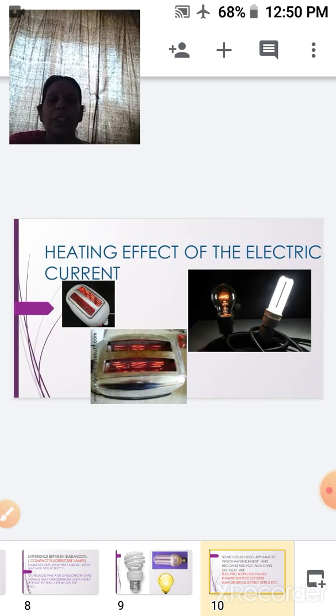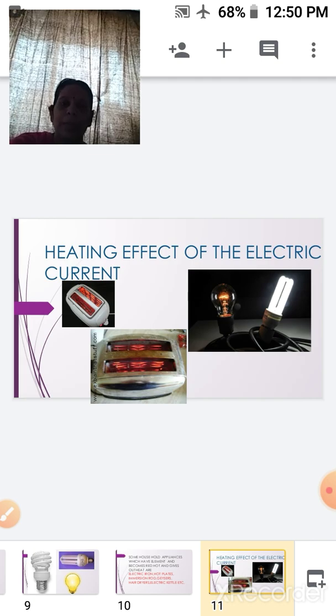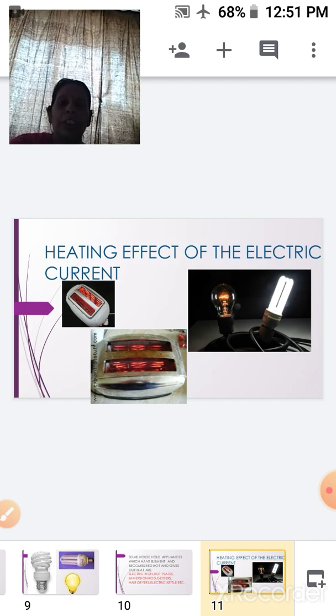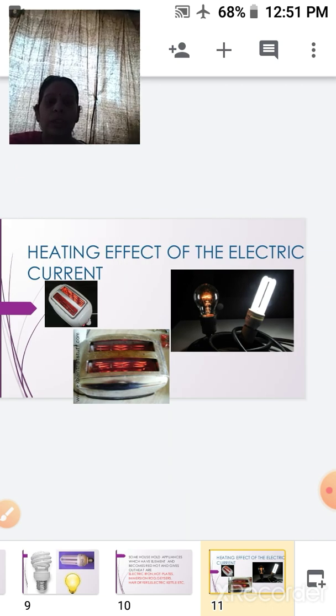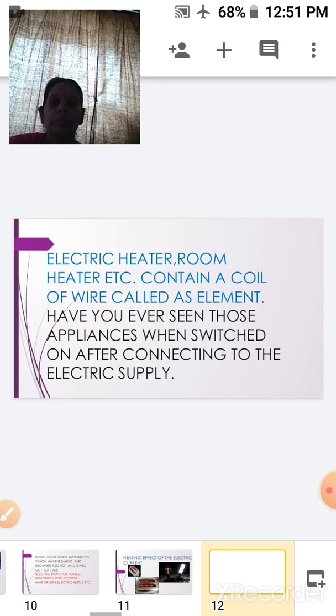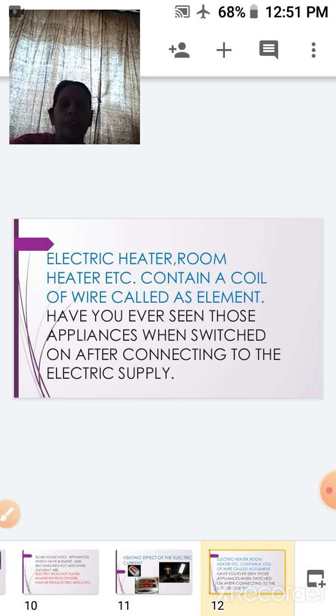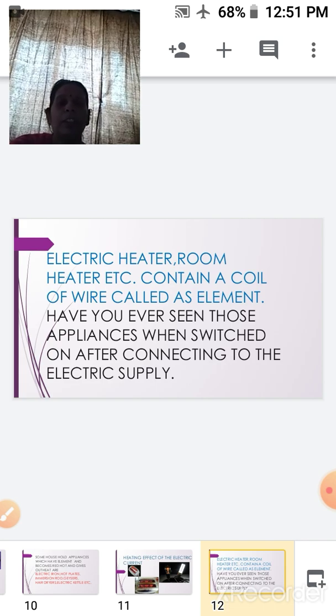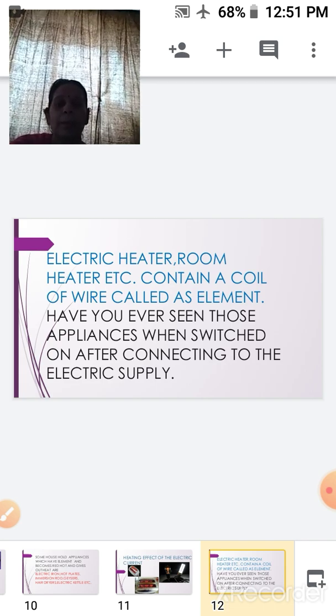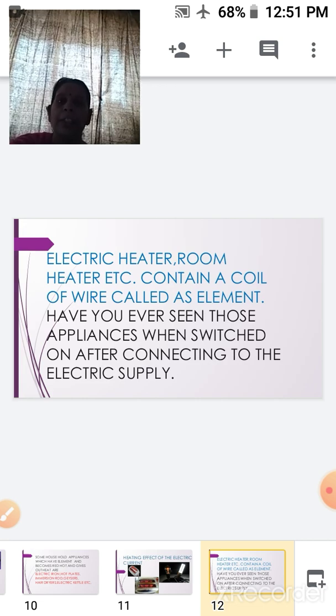You might have seen all these appliances in your home. Here are a few of the appliances on your screen. Electric heaters, room heaters, etc., all contain a coil of wire which is called the element. So children, the element is a coil of wire.